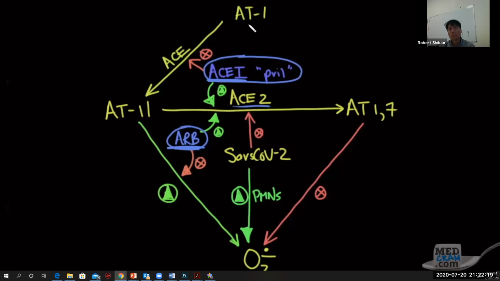Now, going on up here, we have angiotensin 1, which is converted to angiotensin 2 through the ACE enzyme. And so ACE inhibitors inhibit ACE, and what they do, in addition to inhibiting ACE, is they also tend to increase ACE2, which is the enzyme that we just talked about. And ARBs will block the effect of angiotensin 2 on the creation of superoxide, but ARBs may also increase the amount of ACE2. The bottom line is understanding that when you have a SARS-CoV-2 infection, you're going to get increased endothelial dysfunction. So let's see what happens when that occurs.